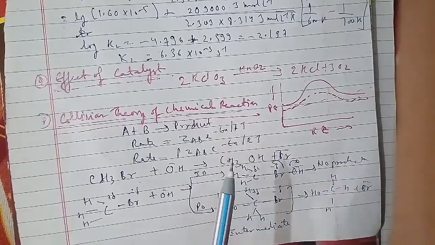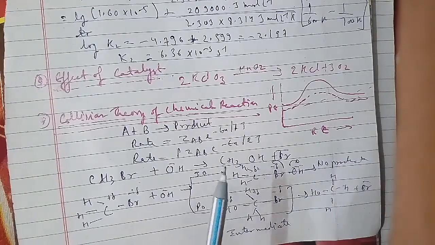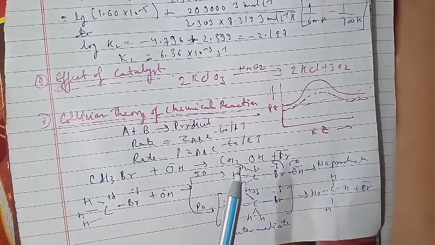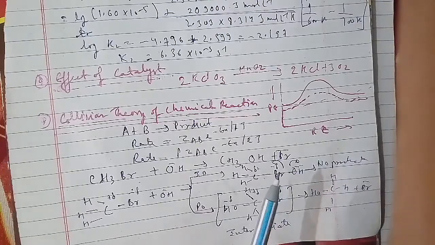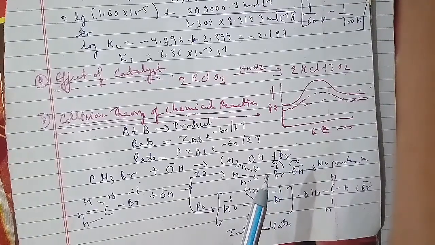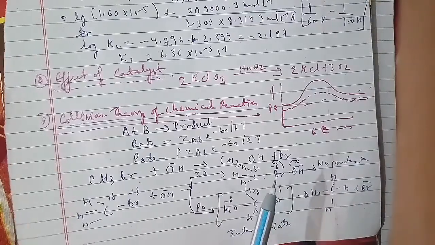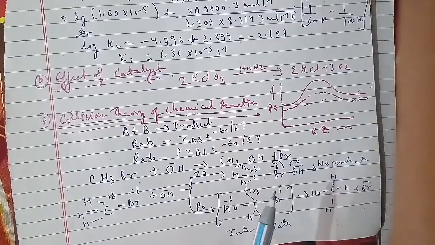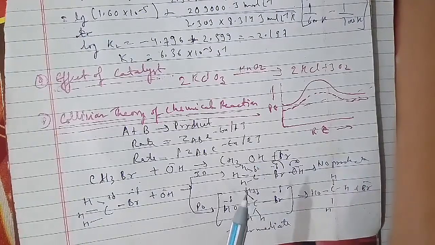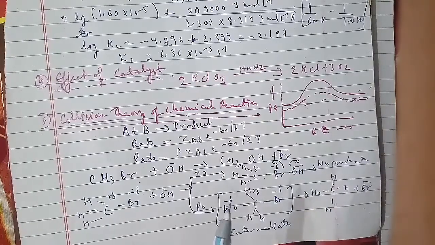Another question: consider a certain reaction A to products with k equal to 2.0 into 10 to the power minus 2 second inverse. You have to calculate the concentration of A remaining after 100 seconds, if the initial concentration of A is 1.0 mol per liter. Another question: sucrose decomposes in acid solution into glucose and fructose through a first order rate reaction with t half of 3.00 hours, and what fraction of sucrose remains after 8 hours as well?